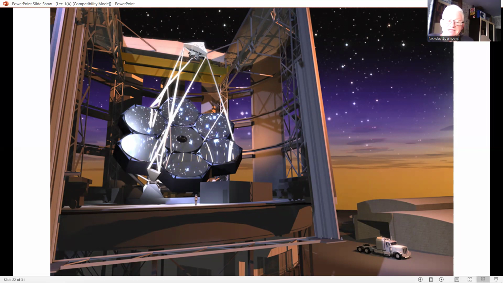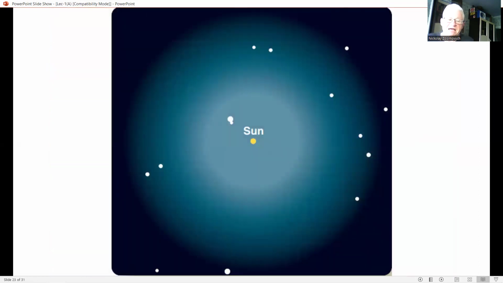Furthermore, any planets that might circle other stars are much too small, too faint, and too close to the glare of their star to be visible directly. Astronomers have used indirect methods to detect over 200 planets orbiting other stars, but you can't see them by just looking through a telescope. In this figure, the sizes of the dots represent not the sizes of the stars, but